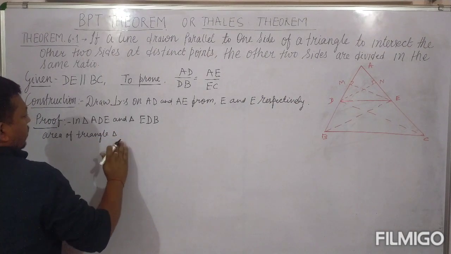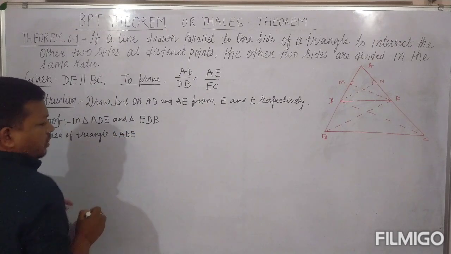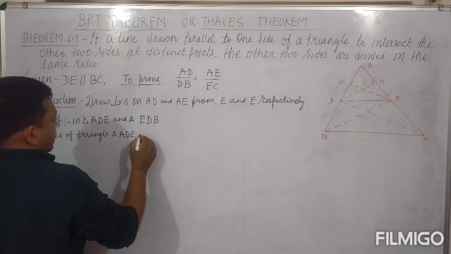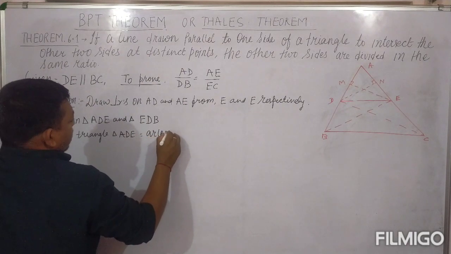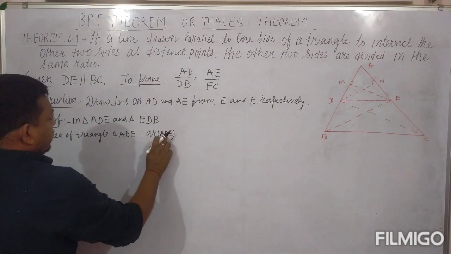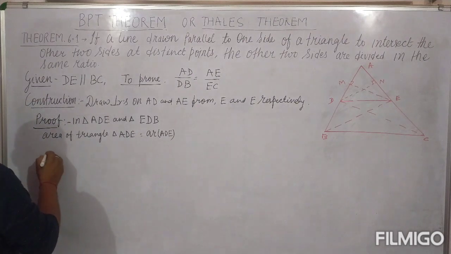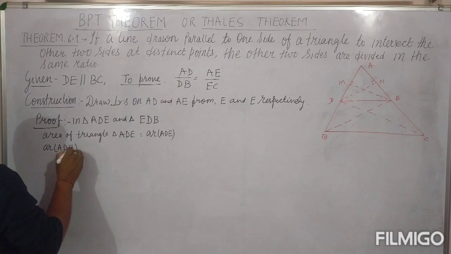We will write this in this form: area of triangle ADE equals,